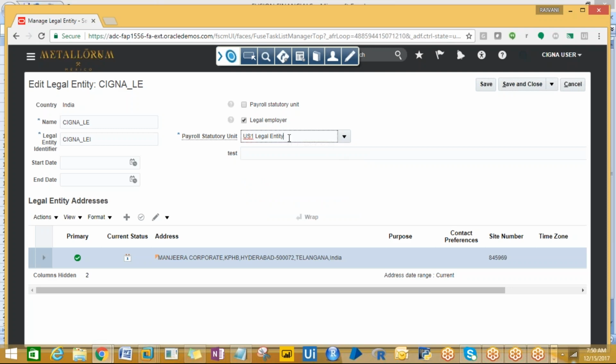Actually, I did it. We assigned the same legal entity, and it worked fine. So I'm just thinking, why is it not working? We can't use the US1 legal entity because